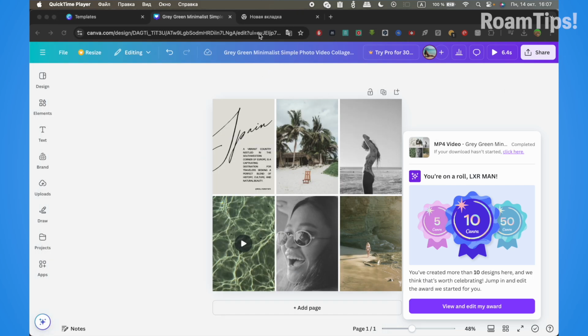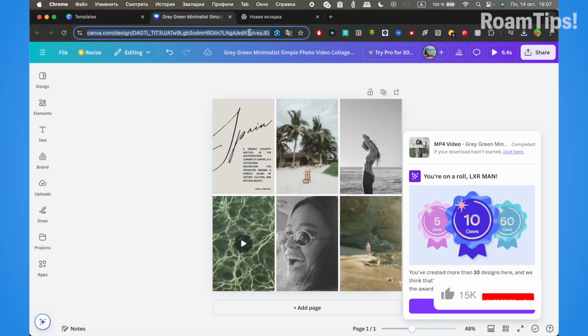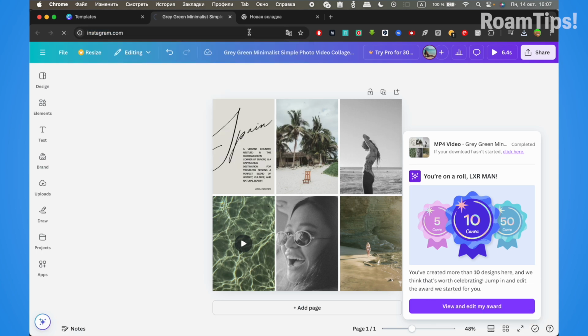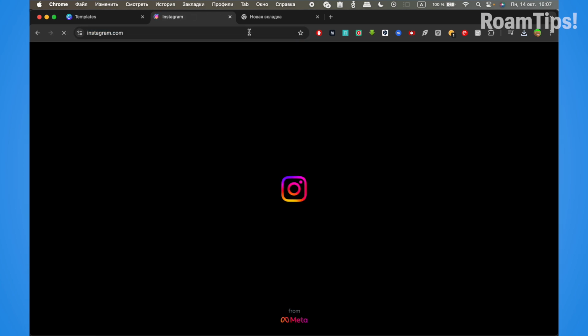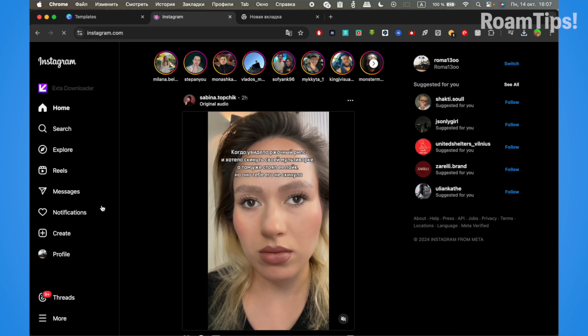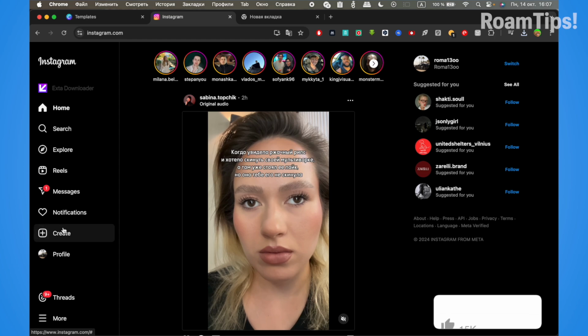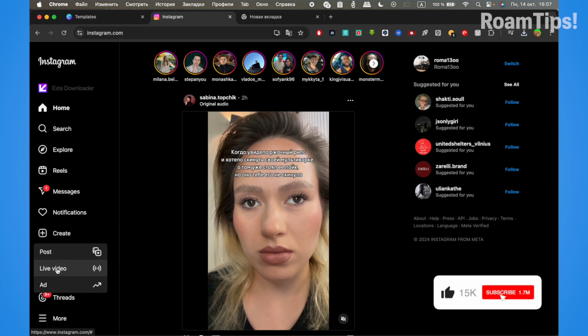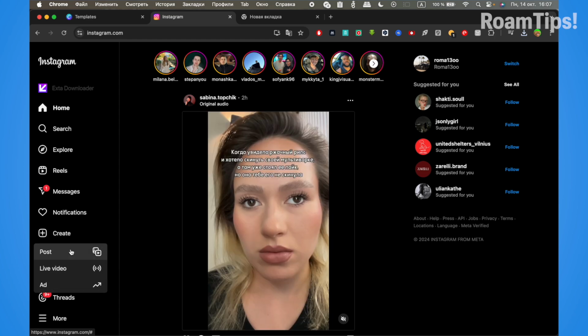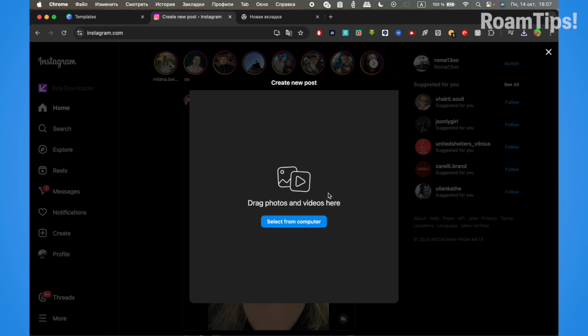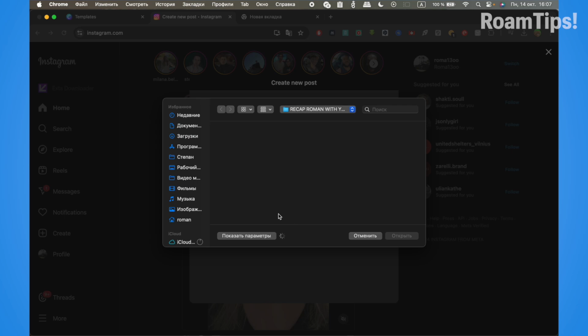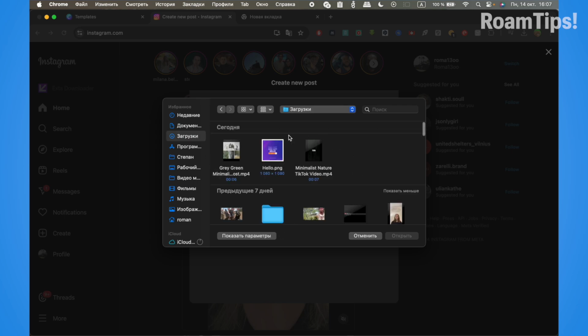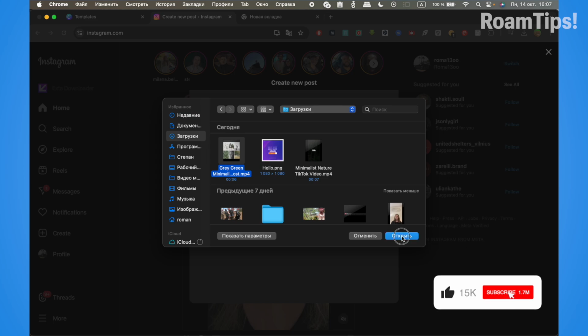cancel and open Instagram. Okay. Alright, and click on left corner create and post, live video or ad. Alright, click on post. Select from computer, click on and click on download and select your post and click on open